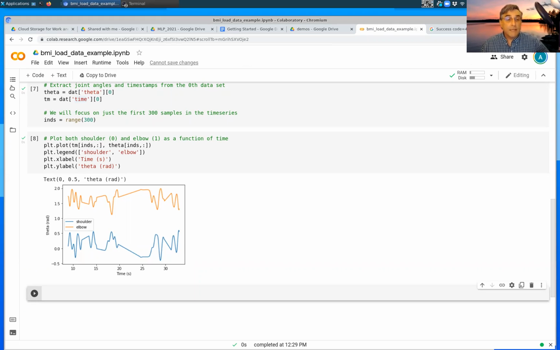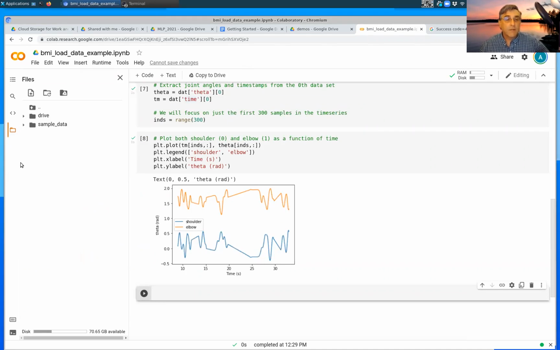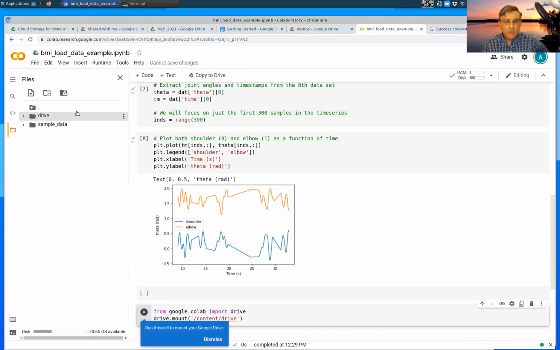Let's look at the file system, and one can get there from here. We've already gone through the process of mounting our Google Drive. You can access it directly from here. Oh, actually, it's not happy right now. Let's first